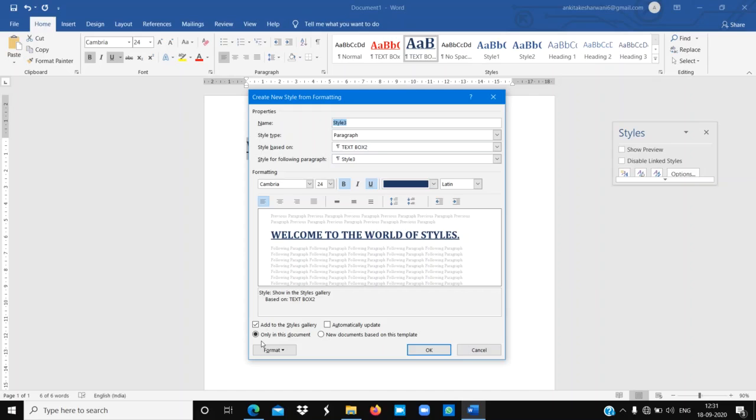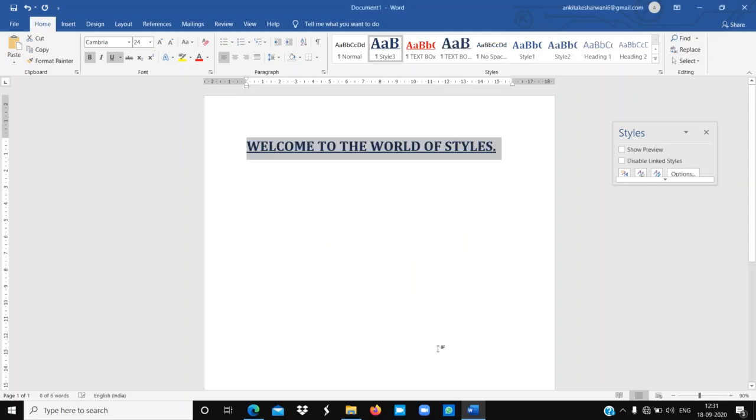And if you want to use this style in all your documents, whenever you are creating a different one, then you can just click on new document based on this template. Okay, new document based on this template, and click on OK again. Understood, everyone?